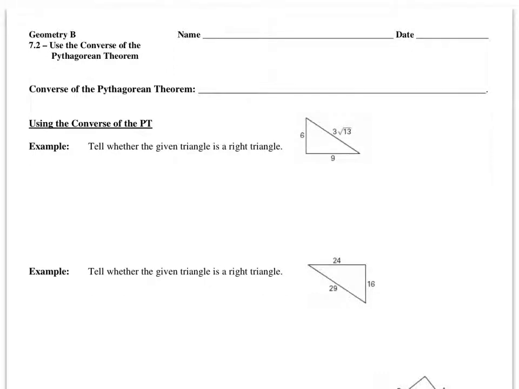Class, this is lesson 7.2. Use the converse of the Pythagorean theorem. So the converse of the Pythagorean theorem says this: if a squared plus b squared equals c squared, then it